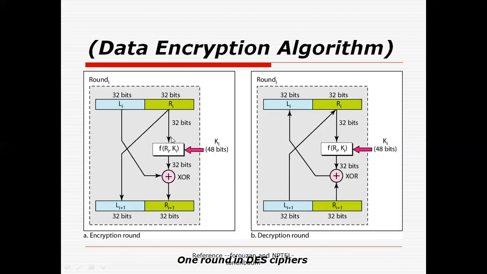So first the data will be expanded to be equivalent to 48-bit. Then we perform a bitwise XOR operation. Then some more bitwise operations are performed, and the output of this F function is again 32-bit. Then the left 32-bit half is XORed with this output, and this is considered as the right bits for the next round, while the right bits of the previous round are directly taken as the left side bits. This operation is performed at the encryption end, and the reverse operation is performed at the decryption side for the particular round.